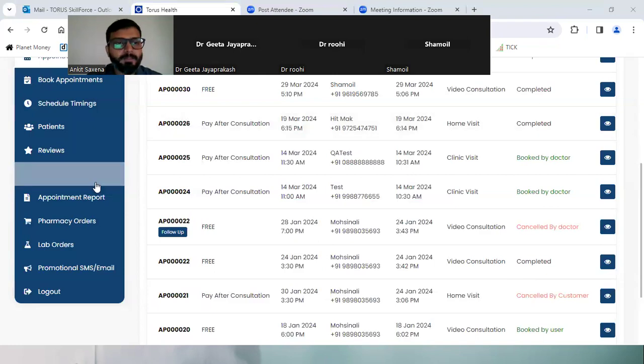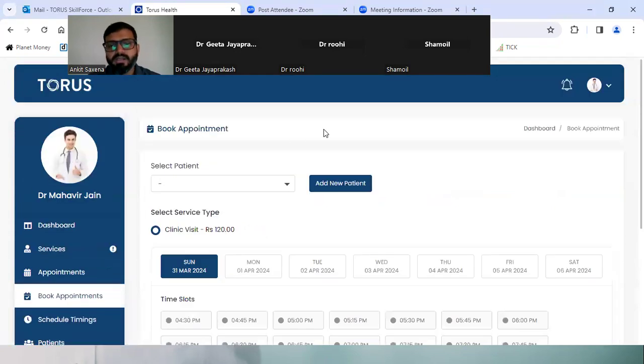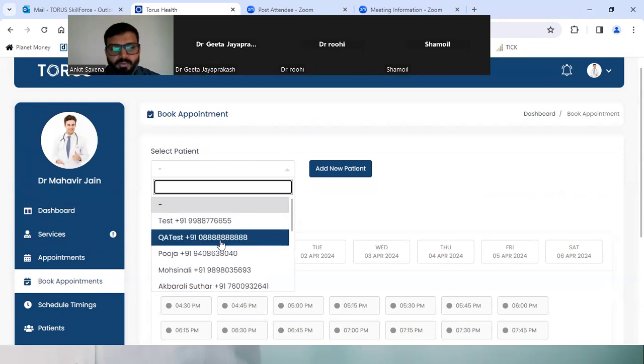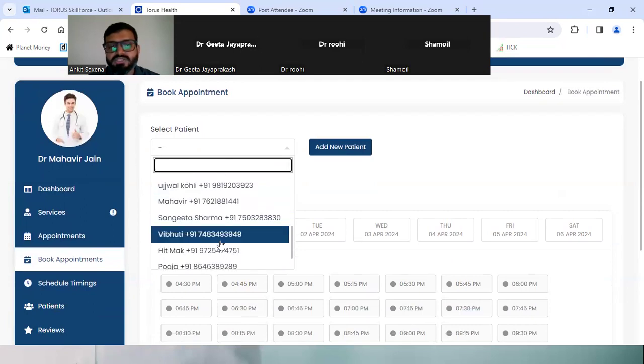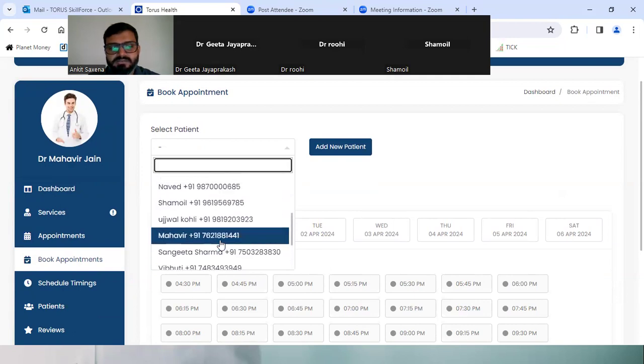So let's move ahead. After the appointments tab, we have the next tab, which is book appointment. From here, you can book an appointment for your existing patient, or you can add a new patient. If you notice, the existing patient's name is already mentioned here.